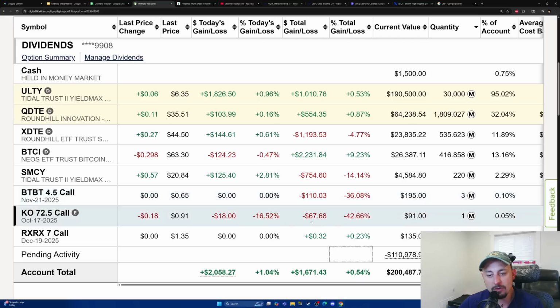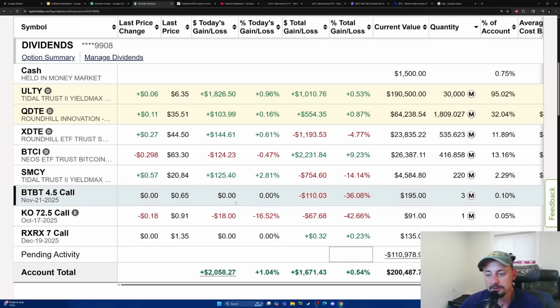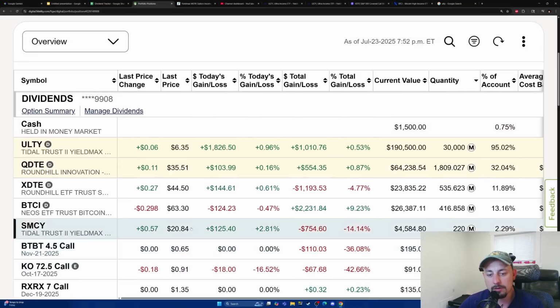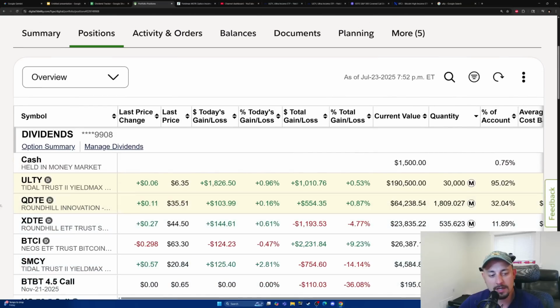$4,500. Now I do have some options here. I don't know how well these are going to play out. These are very speculative, so don't worry about that. But really, my dividend portfolio is down to 5 funds. And once this SMCY recovers, if it ever recovers, I'll probably just end up dumping it. I'm really loving the weekly payers, folks. I hate waiting a whole month and seeing what happens with these fluctuations and really gambling on one horse.